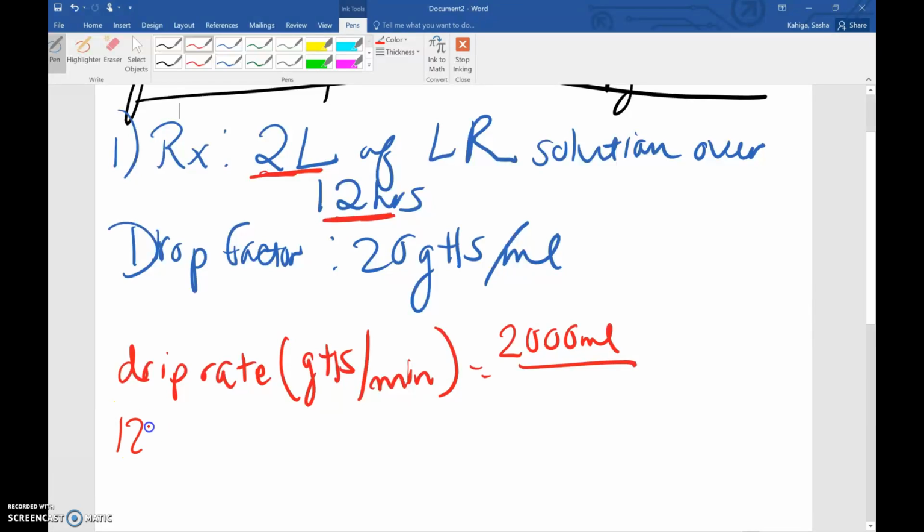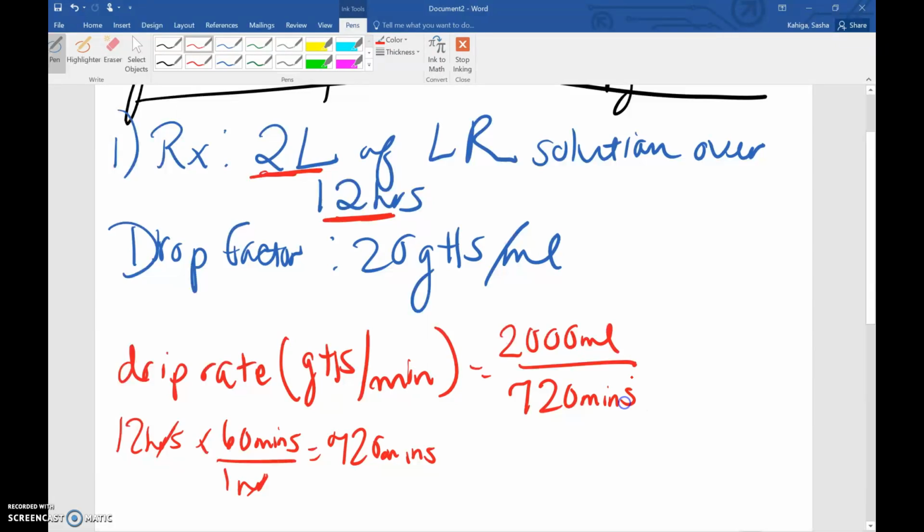If you take 12 hours and multiply it by 60 minutes over 1 hour, hours cross out, that leaves you 720 minutes. So there's 720 minutes in 12 hours. And then you multiply that by your drop factor of 20 drops per 1 milliliter. Remember, you set your